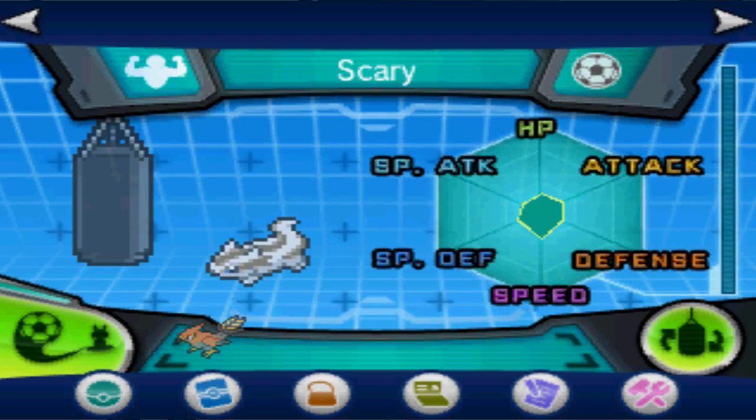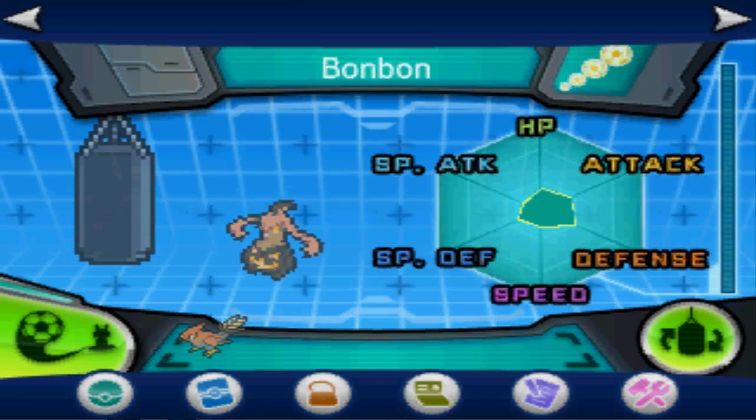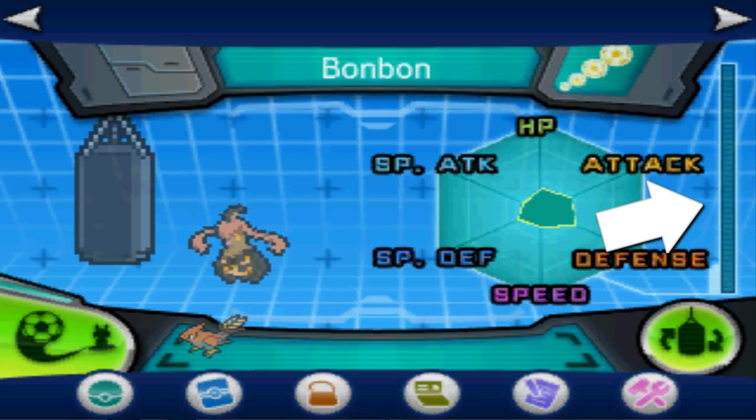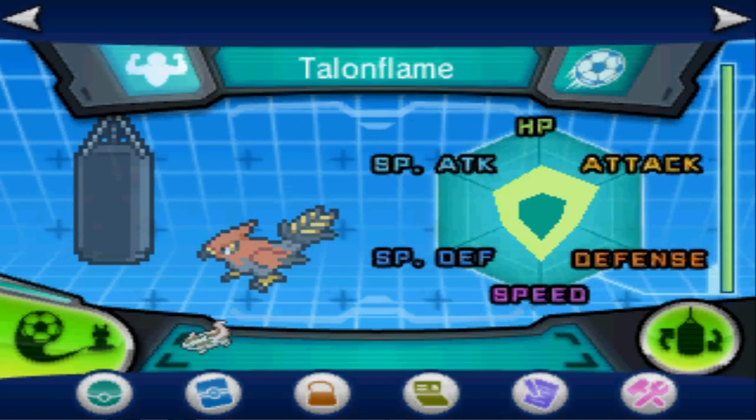To check if your Pokemon has any EVs, put them in your party and check them in the Super Training screen. If the bar on the right side of the screen is empty, then that Pokemon has no EVs. If it's filled in yellow at all though, you'll want to use a reset bag on them to remove all their EVs before you